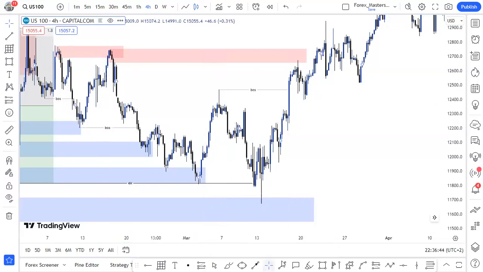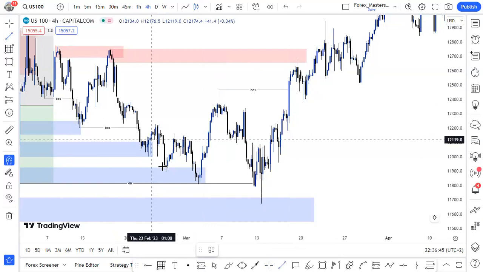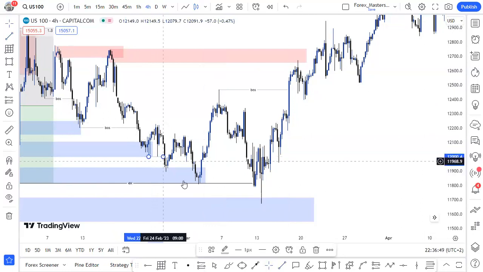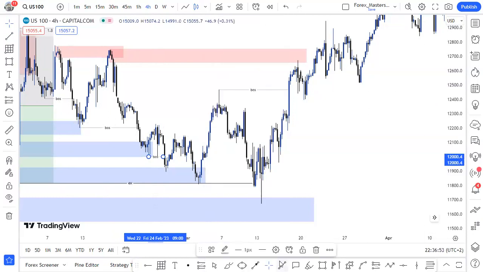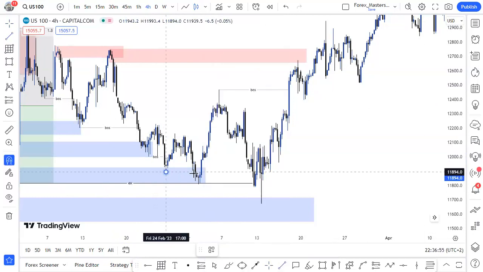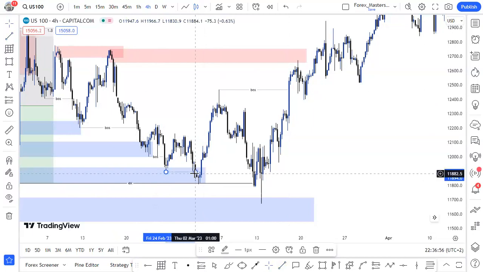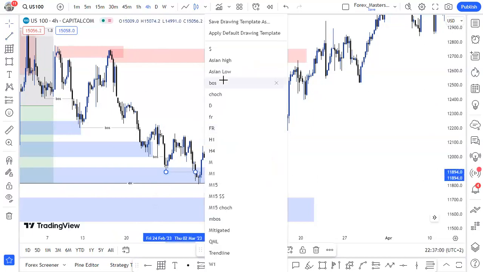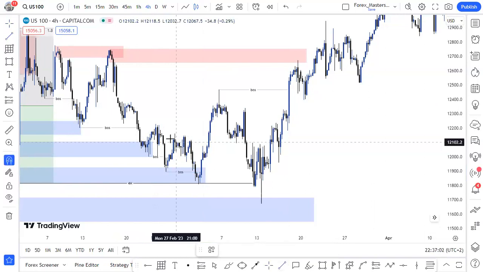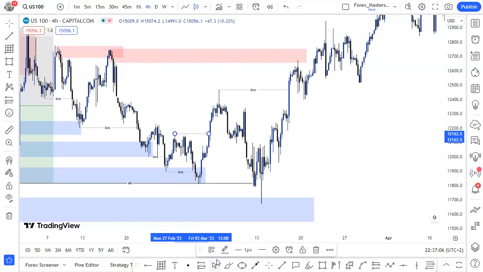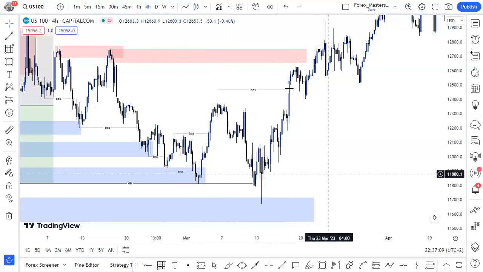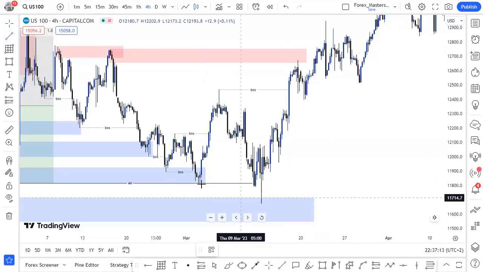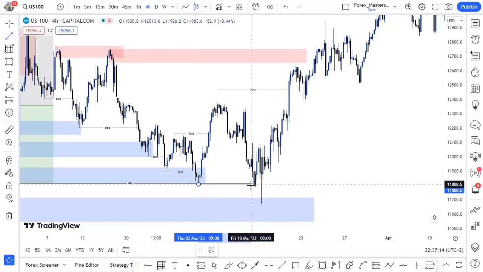All right, that was the internal break, and right here, that was the internal break, and also right here, that was the internal break, until right there. So here we became bullish, but then the bullish failed to hold because price could not continue giving us new highs again. We became bearish,